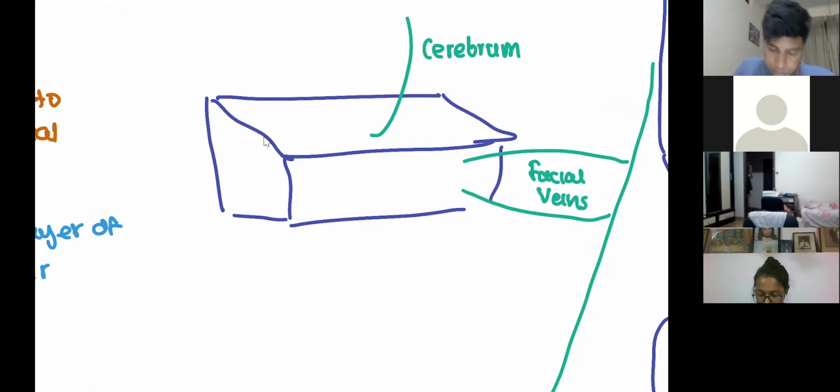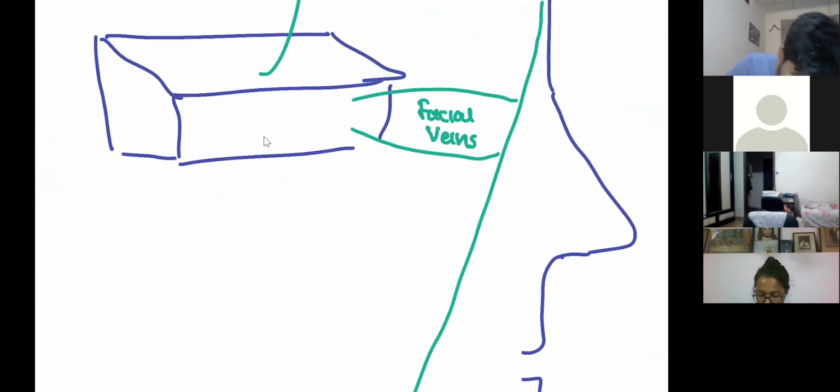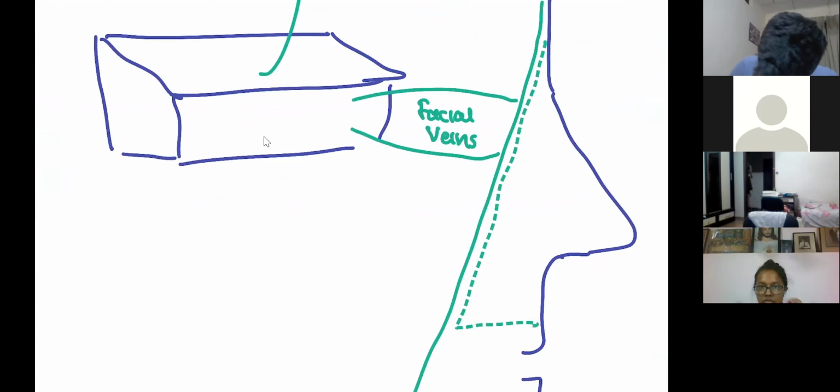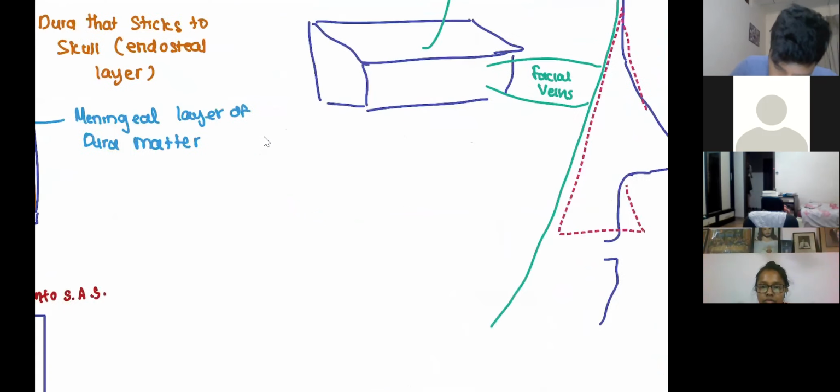So basically the facial veins of this area will drain here. They will come to the cavernous sinus and go either